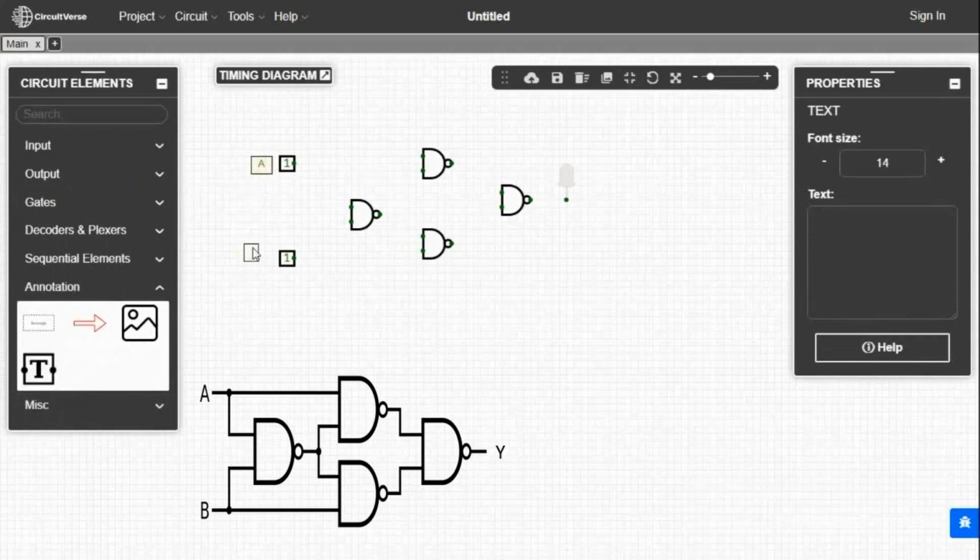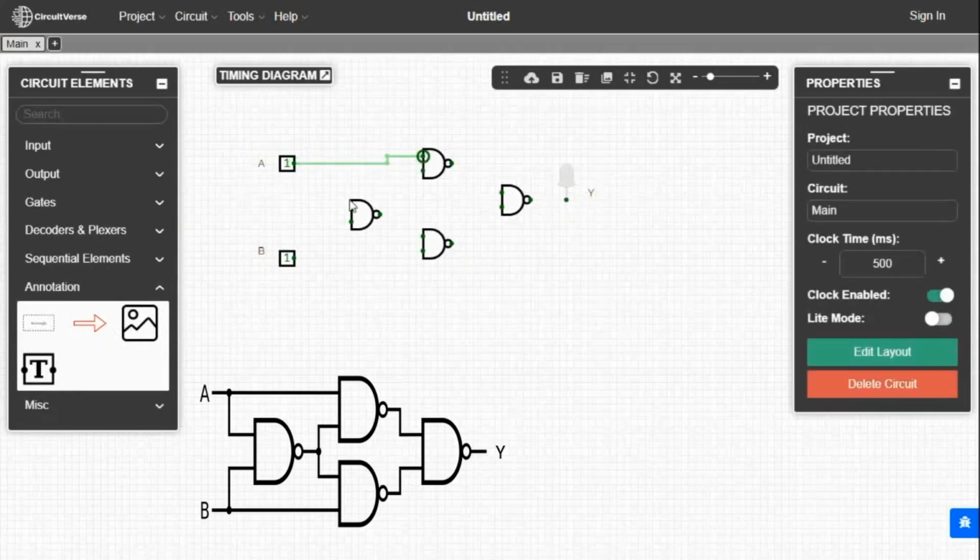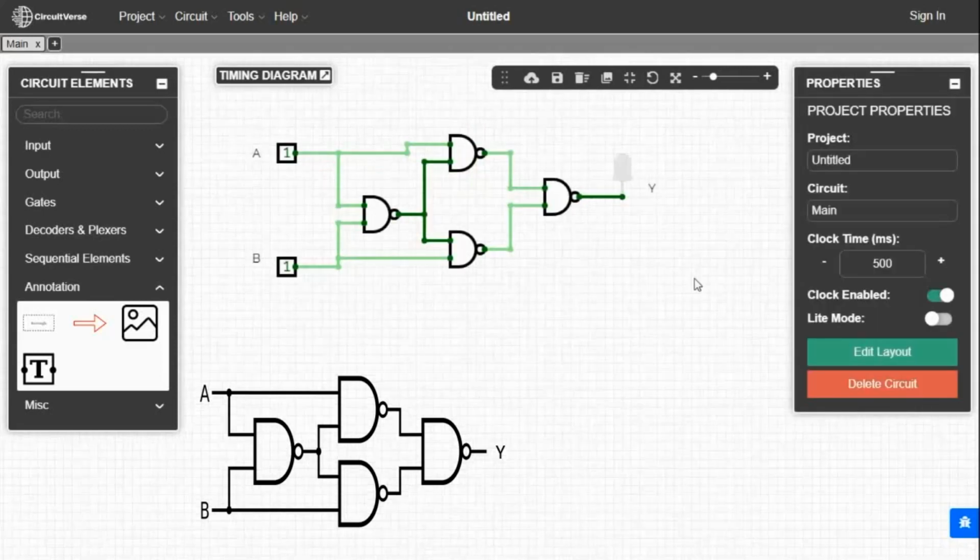Inputs are A and B, output Y. Now make the connection by following the circuit diagram. So the circuit is completed.